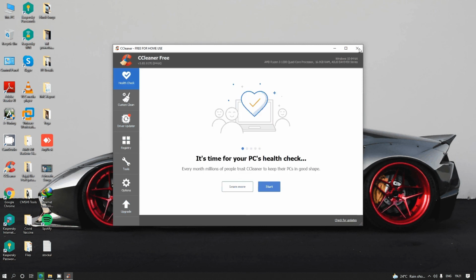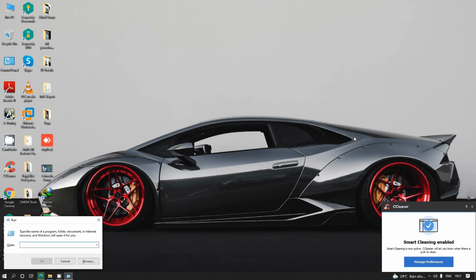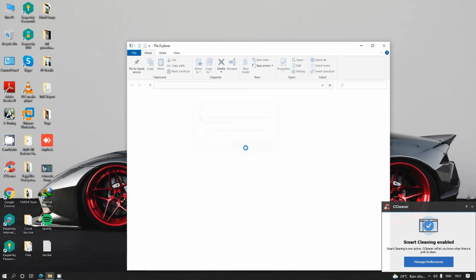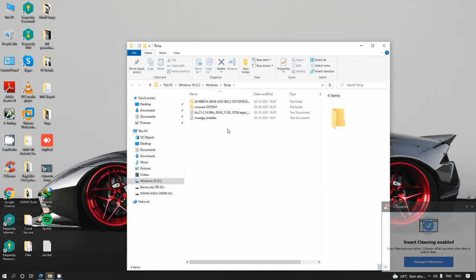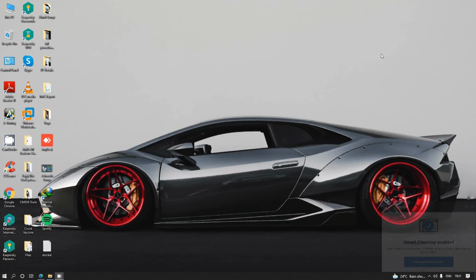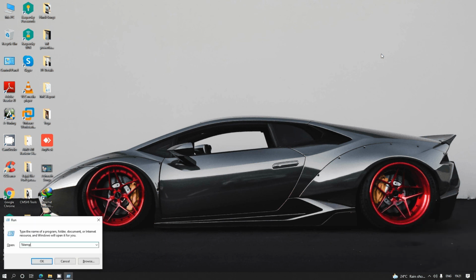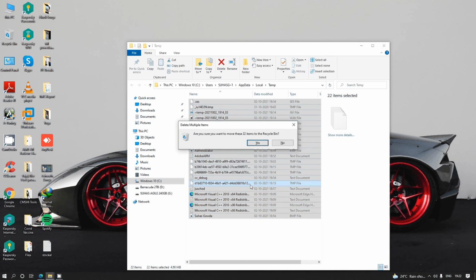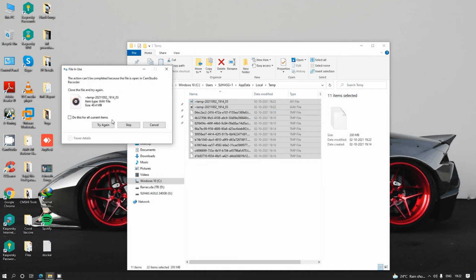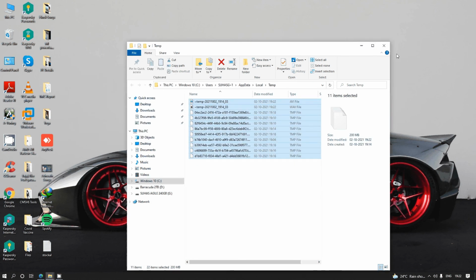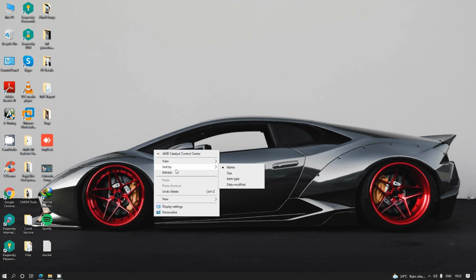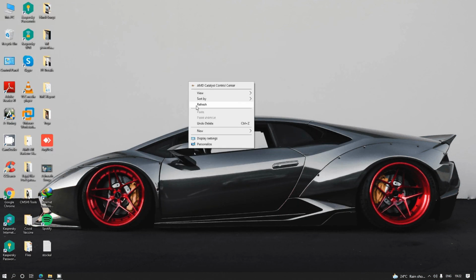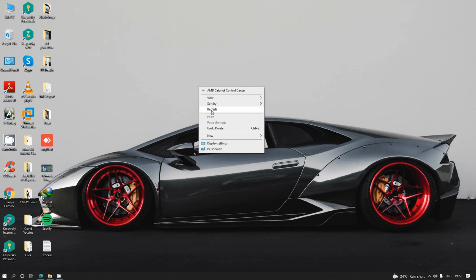After this, you need to check the temporary files. You can check over here. See, fewer temporary files are there because it was already cleared. Fewer compared to before. If you want to delete the files, you can, and it will help the system. Like this you can improve the PC speed by doing all these things daily. If you do it once or twice, morning and evening, it will be better.